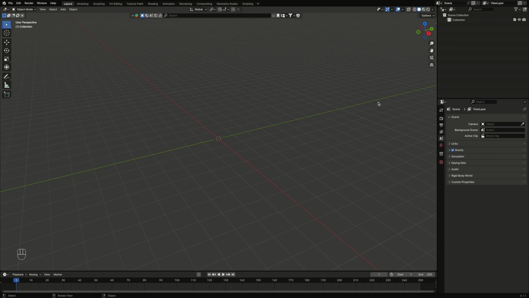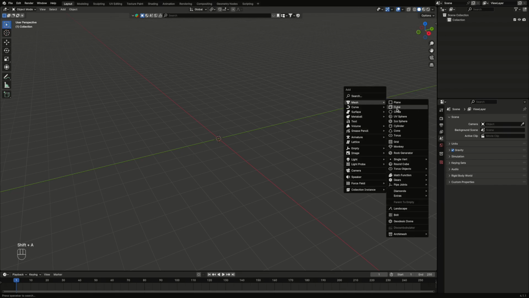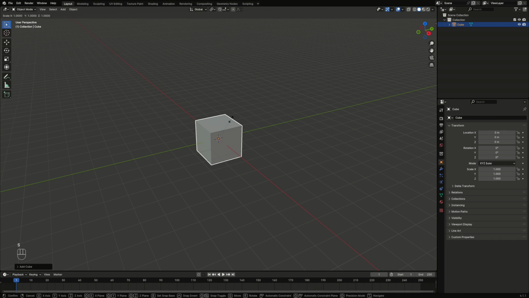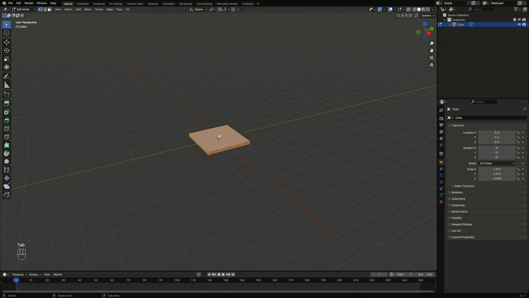Today I'm going to be showing you how to make a pylon in Blender. So you want to add in a cube, then scale it on the Z-axis. Then you want to scale it up a bit, and then after that you want to click Tab, and then